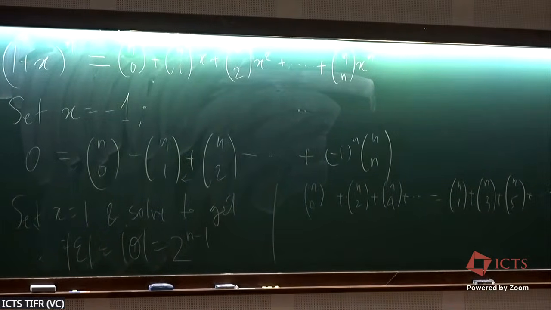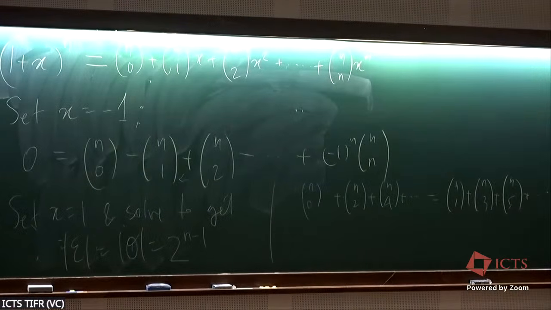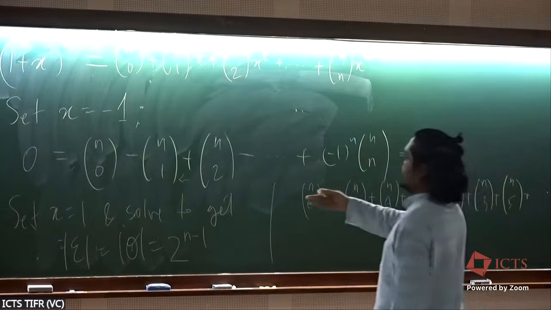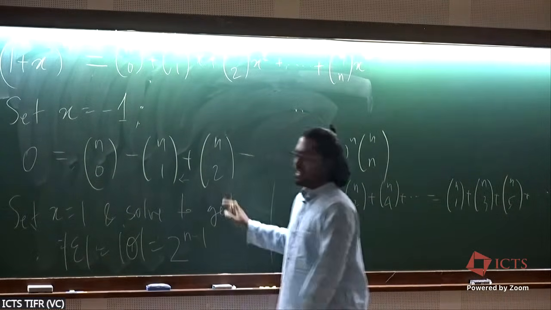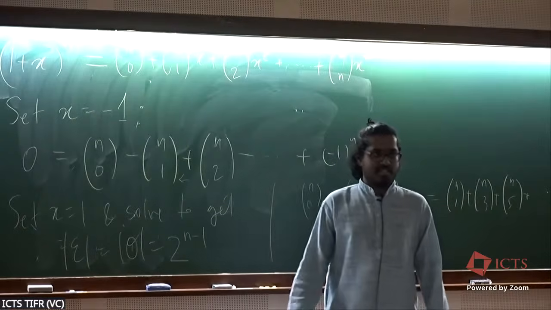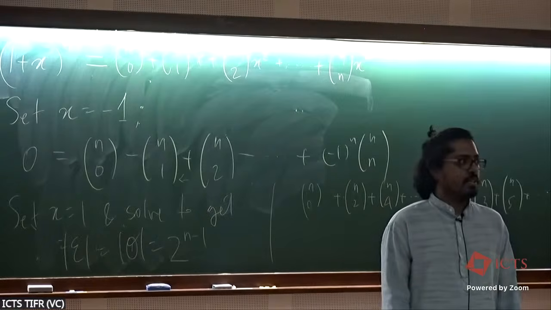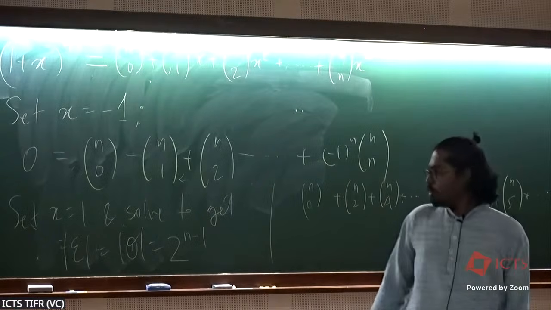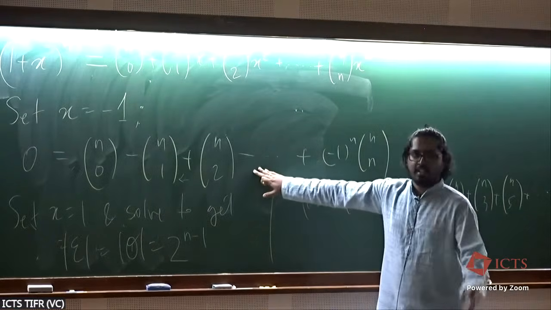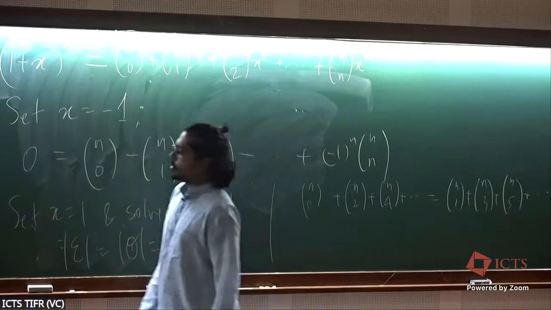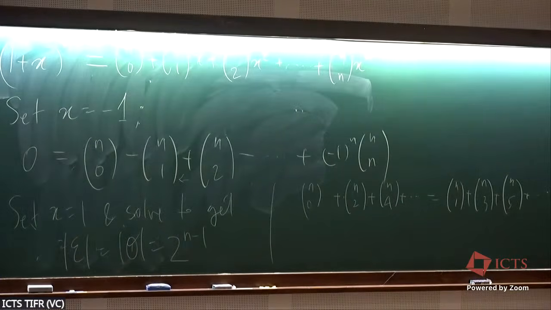I want a combinatorial proof. When I say combinatorial proof, I mean that when you see numbers like these, they represent the counts of certain things, right? So without even knowing that n choose k counts the number of k size subsets of n, this proof works. Okay, but suppose we want to use that knowledge. Can you give me a map from E to O, which is a bijection?